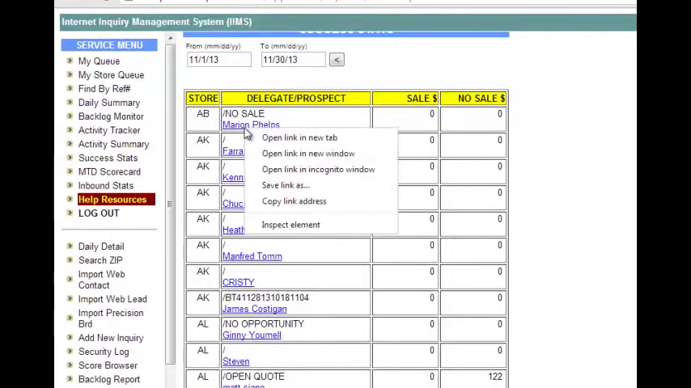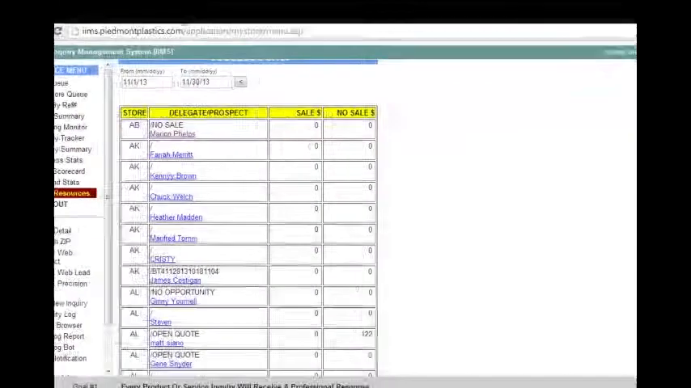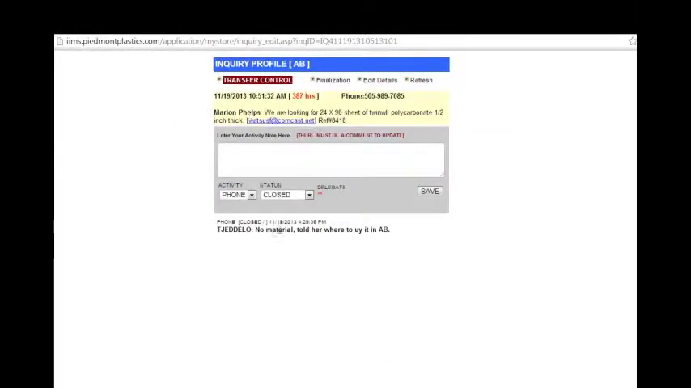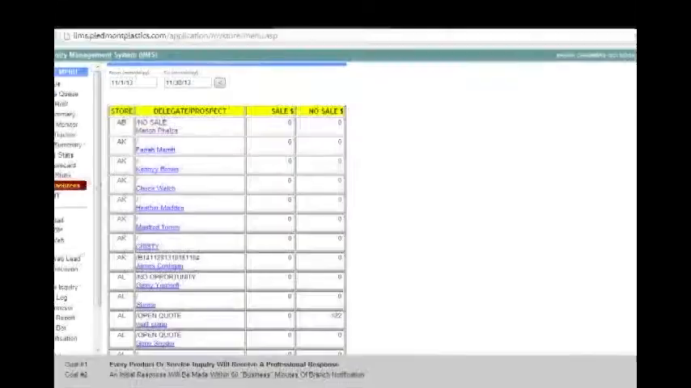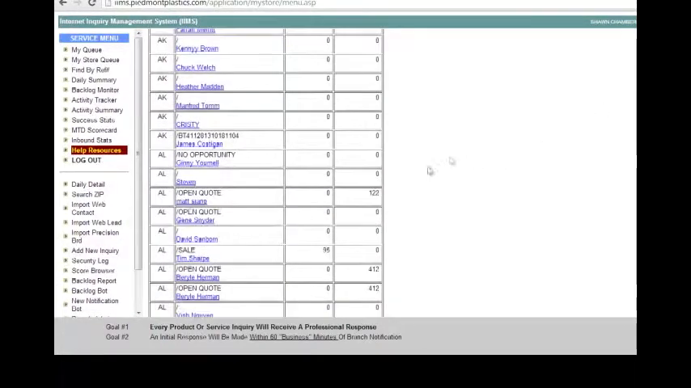So if I click on this, and I'm going to right click on it and say open a new tab, that allows me to keep this window open, and I can very quickly go through and look. No material told her where to buy in Alberta, or in AB, sorry. So very quickly you can go down, and if somebody did lose a sale, for example this one here for 122, we can right click on it, opening it in a new tab,